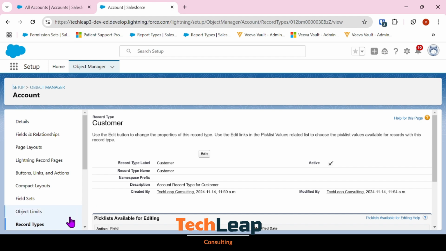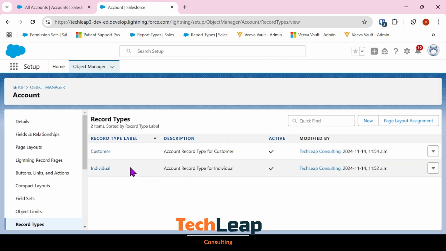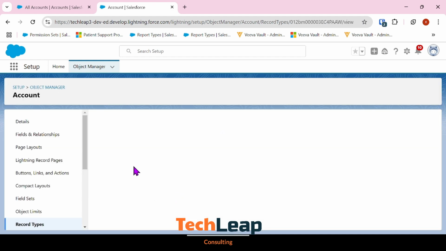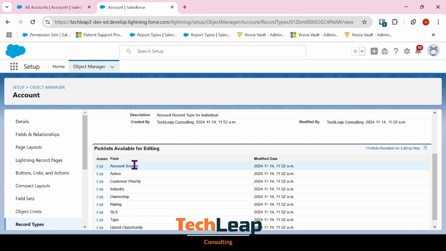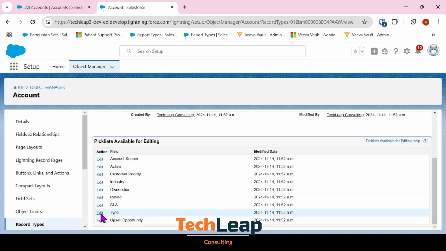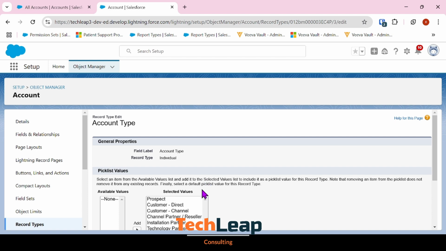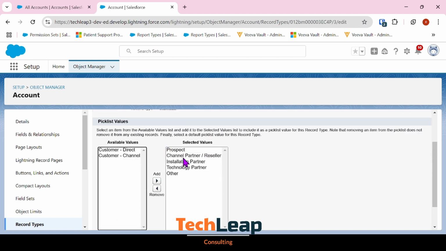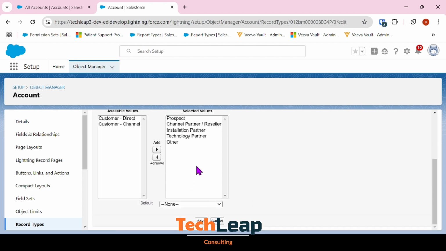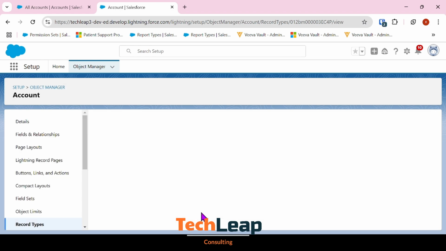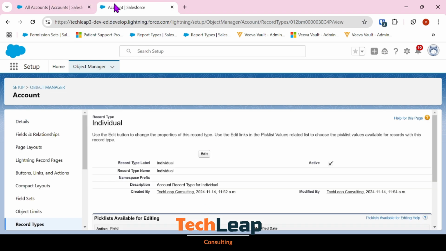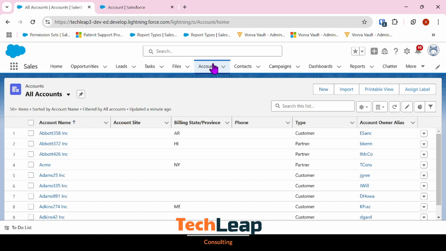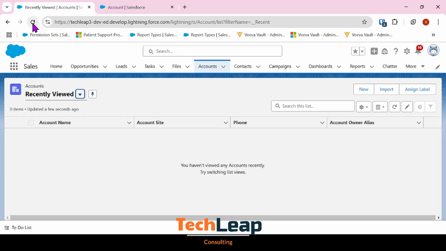Now let me go back to the individual record type, and I will edit the pick list of type and do the opposite. Let me just remove the customer direct and customer channel and give a default value of prospect, right? So what I've done in summary is that I have updated the list of values for account type for